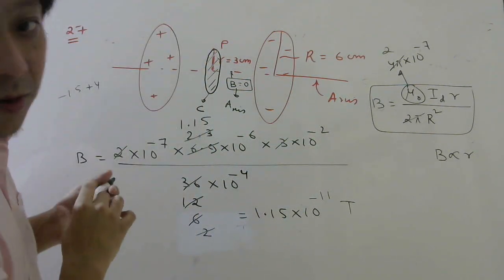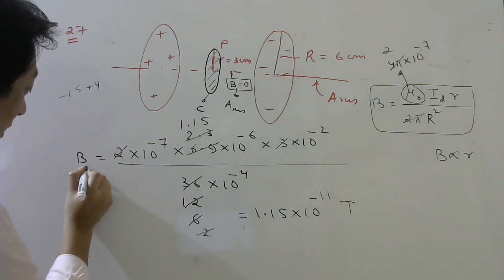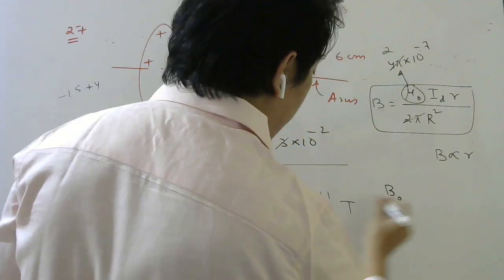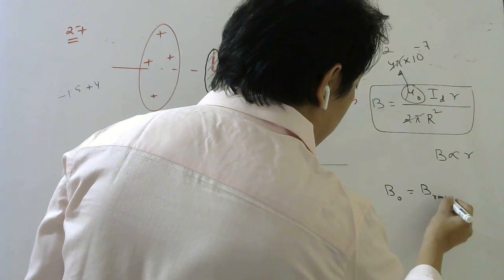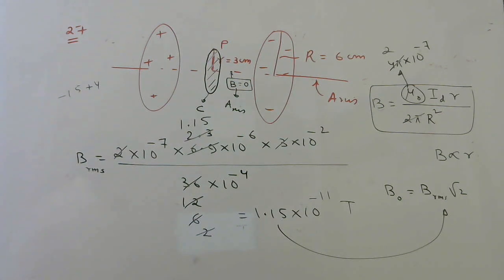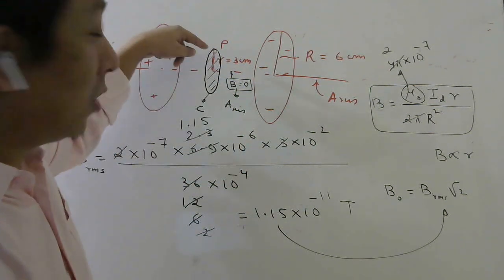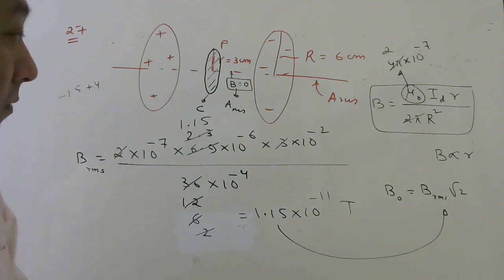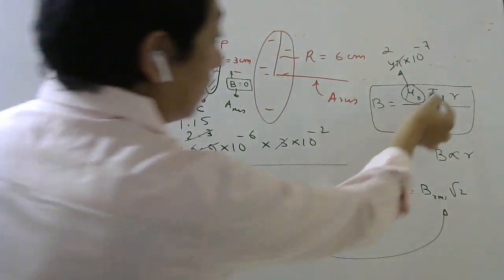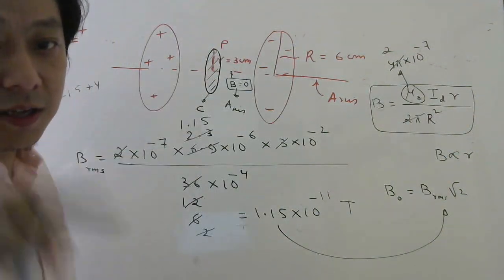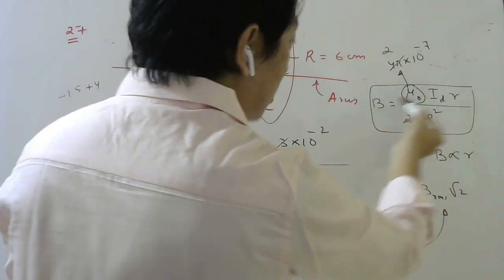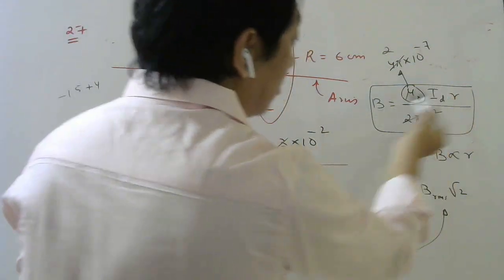But what we have calculated is the magnetic field which is changing with time because these charges are changing with time. Okay, so since this is AC connected, this is actually your BRMS. If you want the maximum magnetic field, B naught, you have to multiply BRMS with root 2. So multiply this value with root 2. Okay, students? Because for AC, whenever you calculate a given quantity, it is always the RMS value, because the current that we used here is the RMS value, no? So if this current is oscillating sinusoidally, this will also oscillate sinusoidally at any point. If you use the peak value, this will be the peak value, but I used the RMS value, so this will be the RMS value.